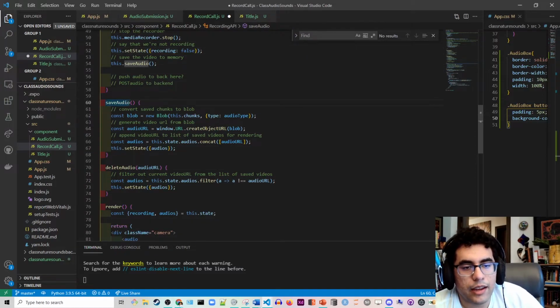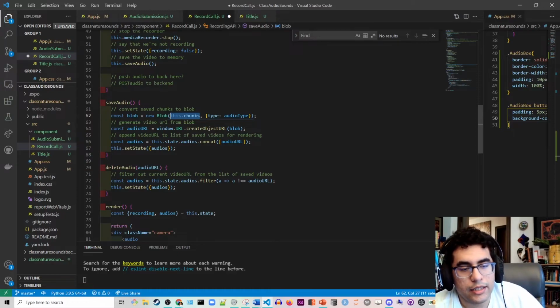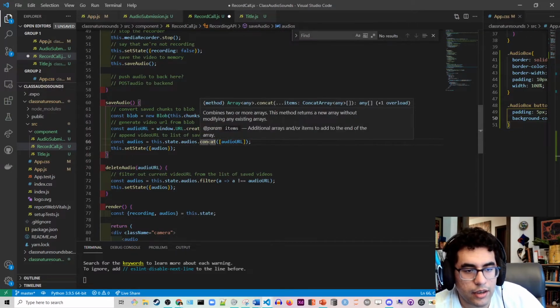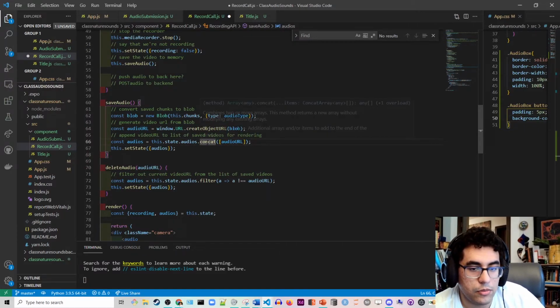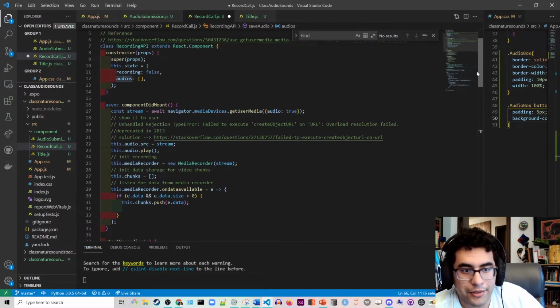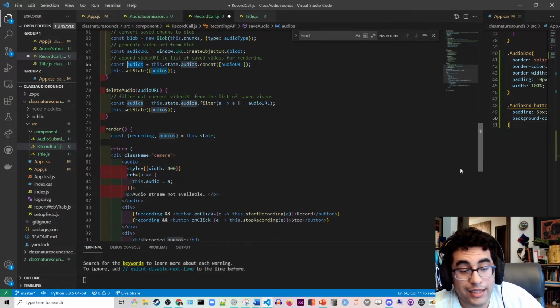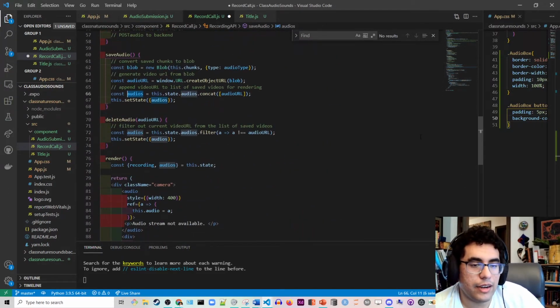So the save audio is really interesting. It takes what's in memory right now, the chunks that it defined, into a blob, and this blob goes into an audio URL, and then it appends it to the audios array above right here. So I would say it's a very elegant piece of code that was written here, and I just want to thank